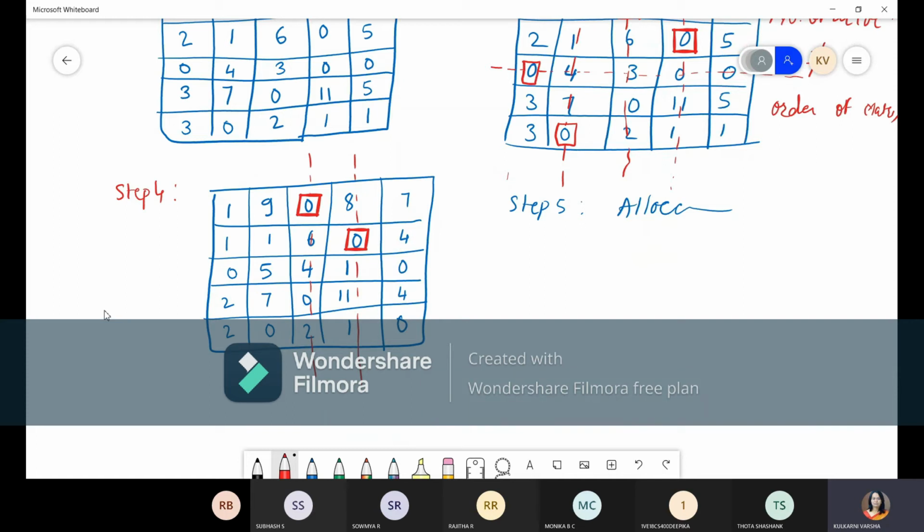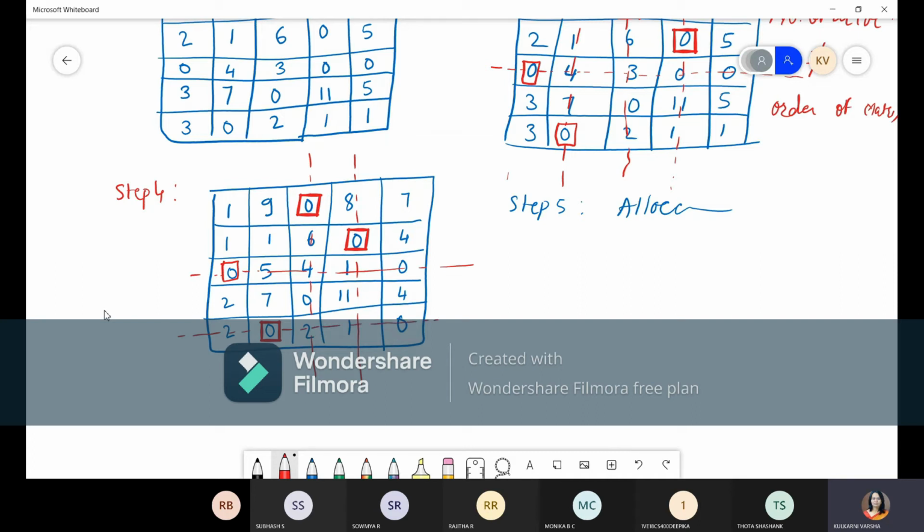Now go for the column wise. So now column wise scanning, first column, there is a single zero, allocate it, cancel that row. Now go for the second column, there is a single zero, allocate it, cancel that row. Then go for the third column.